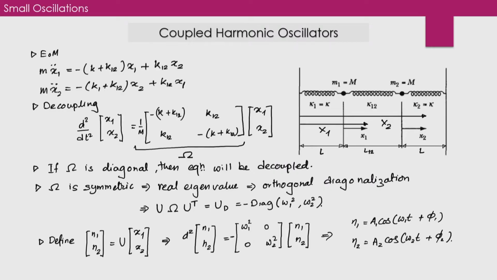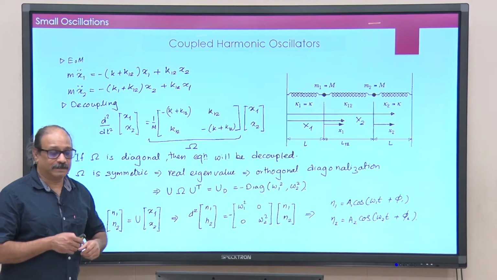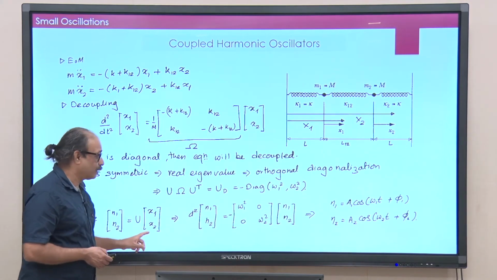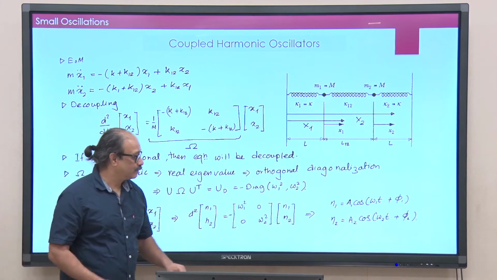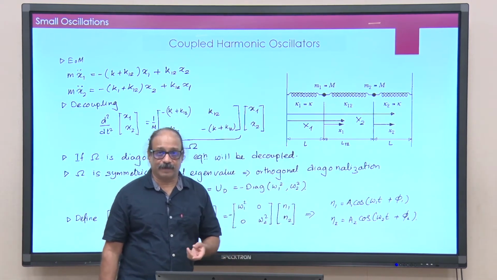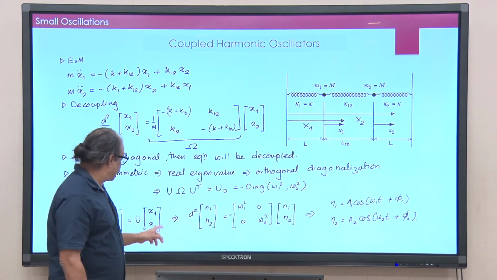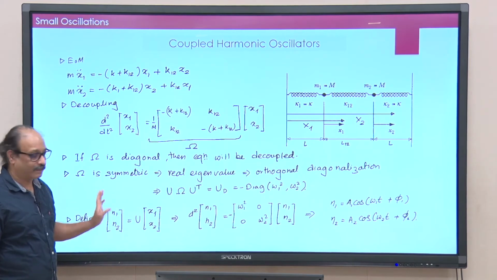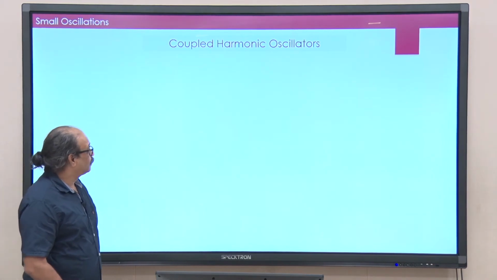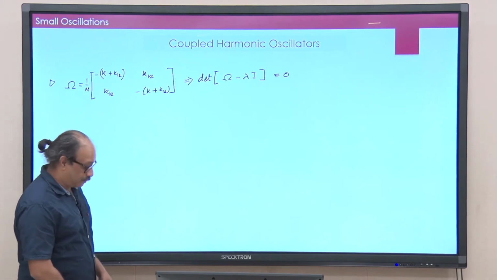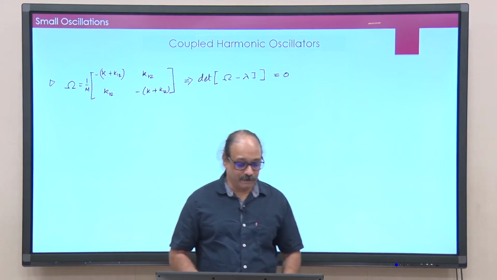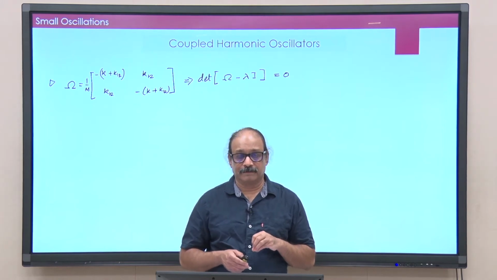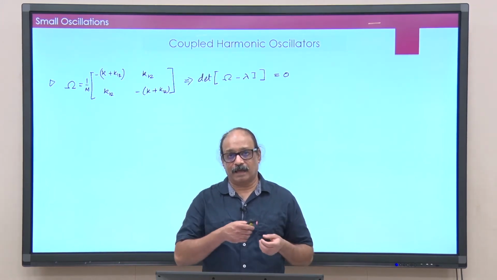Let me look at some specific cases here. Now, once I have these two solutions eta 1 and eta 2, I can now get x1 and x2 from eta 1 and eta 2 very quickly, okay, because x1 x2 is basically nothing but U transpose acting on eta 1 eta 2, fine. All right. Now, let me try and diagonalize this system. If I want to diagonalize the system, all that I have to do is take this omega matrix, subtract lambda times I from this matrix, and find its determinant and equate it to 0.